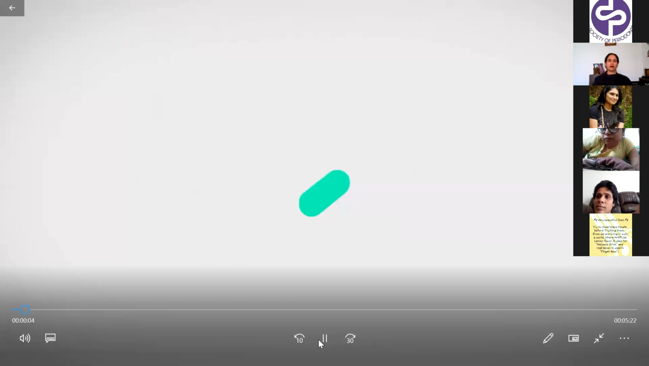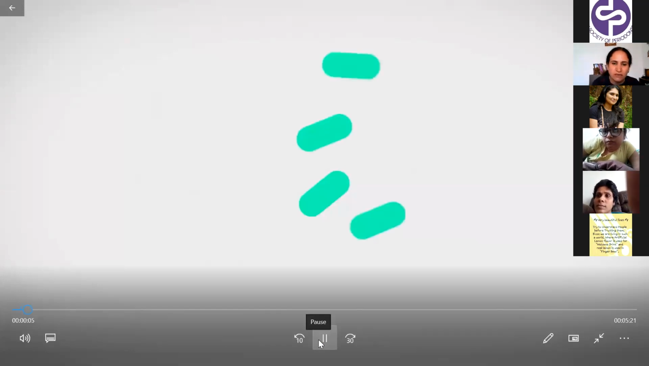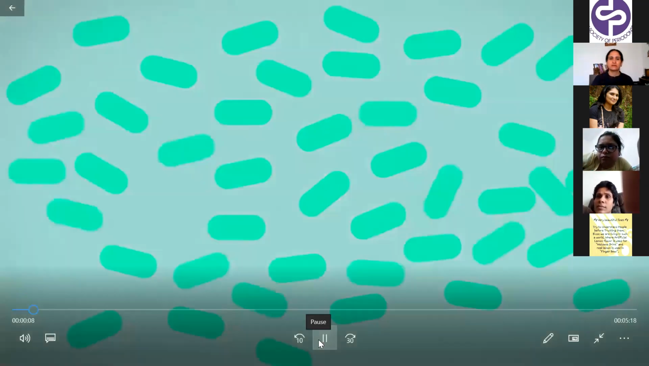Nearby bacteria seize on the opportunity and enter your wound. They start